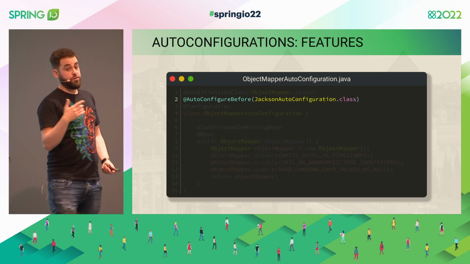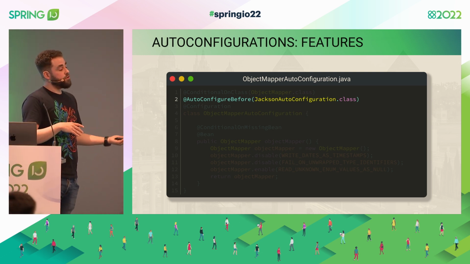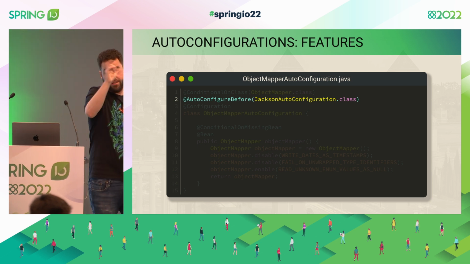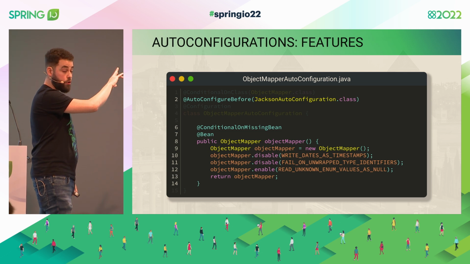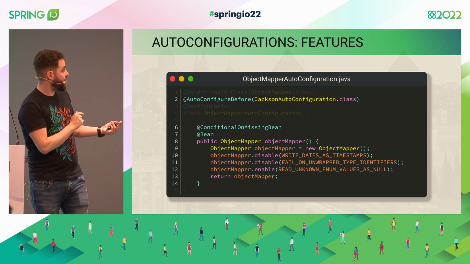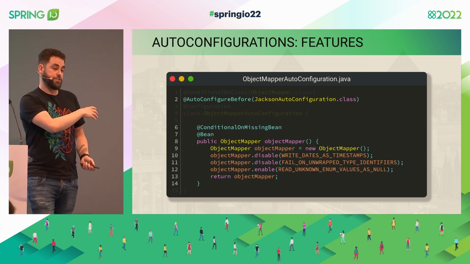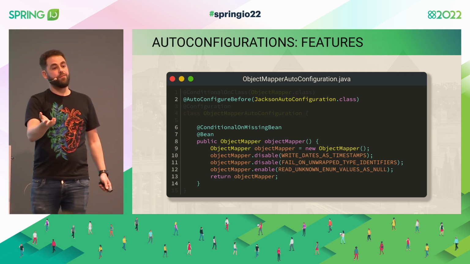And we can play with orders, something we cannot do with normal configurations. We can say auto-configure me before or after this other configuration. We can also give some orders in like add order mainly. And this is very interesting, right? When we play with these two things together, now look at how this works. So I'm asking, I want you to evaluate me before the Jackson auto-configuration. And I want you to provide this object mapper only if there's no already one provided.